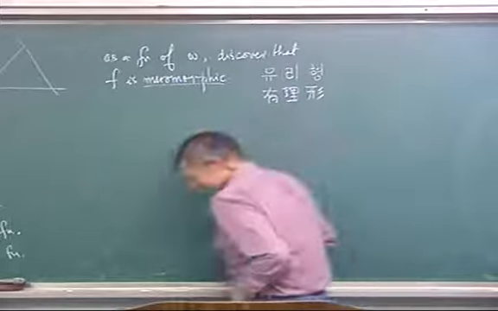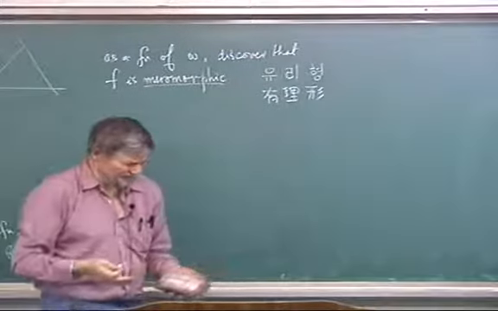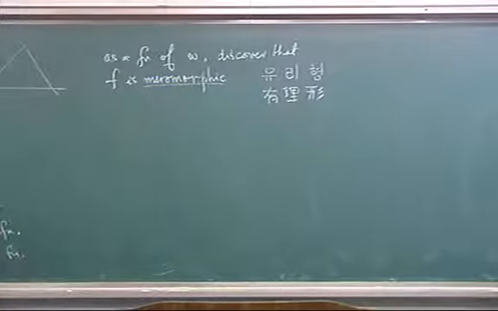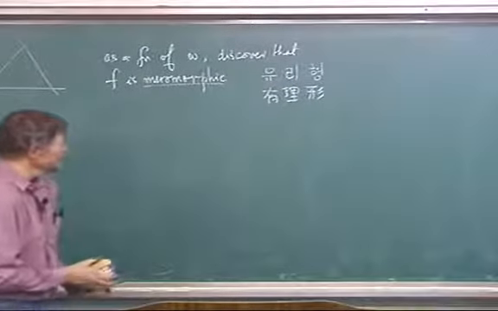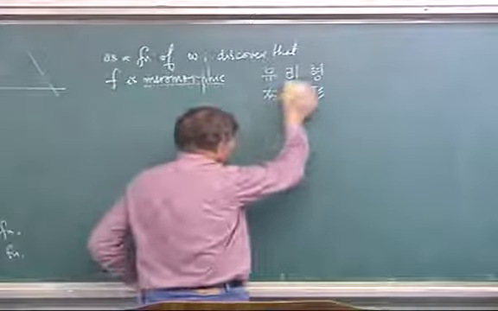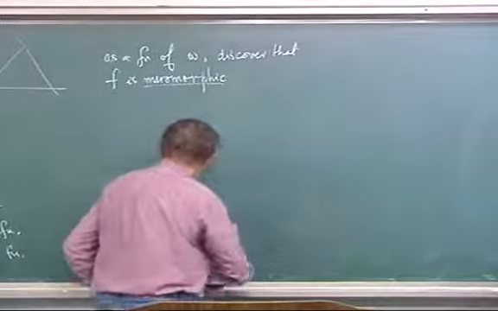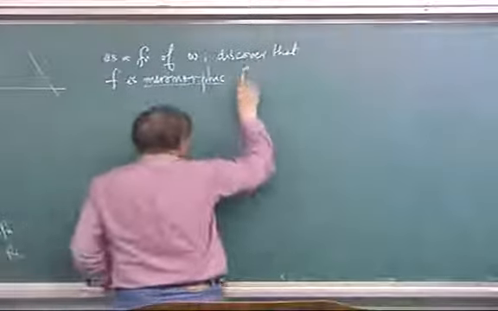I know it. So, the words that you use in Korean, some of them come from Chinese, and this one comes from Japanese. The Japanese were pretty clever at learning Western tricks in the 19th century, and a lot of this scientific terminology comes from the Japanese. Anyway, f is a meromorphic function of W